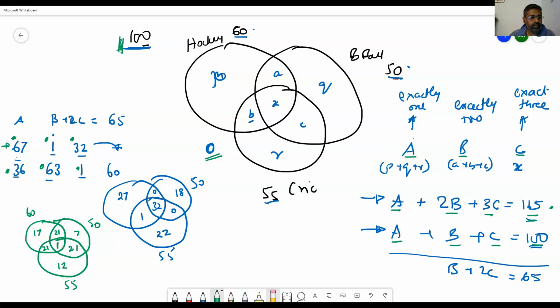What is the first condition? There is nobody outside. All these 100 people are choosing, so A union B union C is equal to 100. We have not looked at the case of A union B union C less than 100. We have looked at only the case A union B union C equal to 100. Is that okay? Plus a 3 Venn diagram, and we'll be able to figure this out. It's not a big deal because finally it has to become 100. Is this okay?